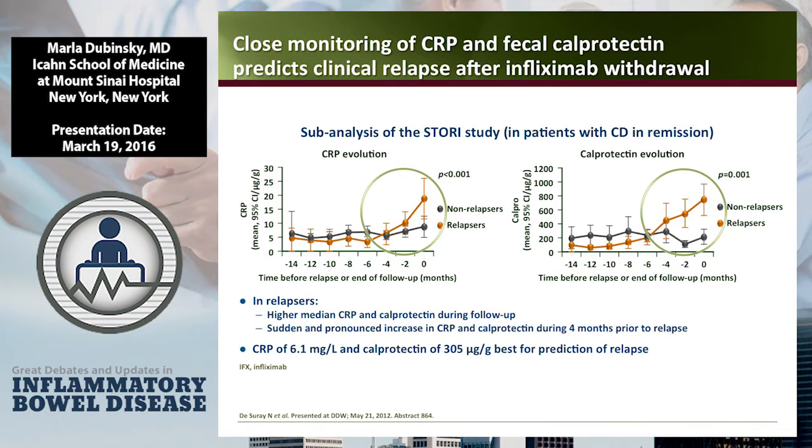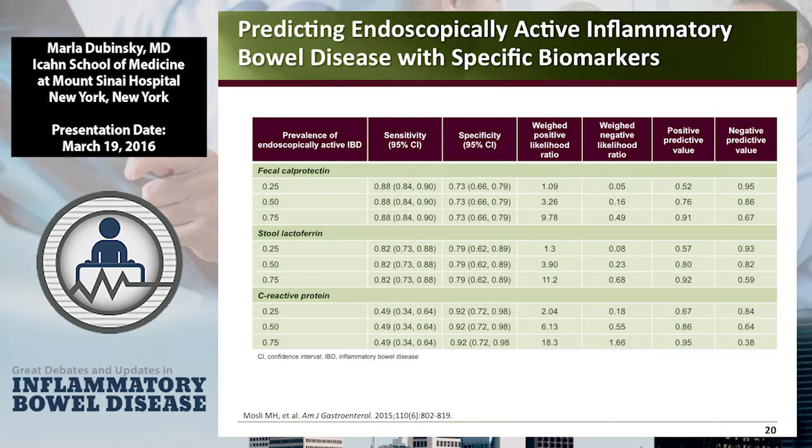They were blinded to it, and patients flared off of infliximab, and we looked and said, which of the patients that we could have predicted were actually going to flare? It was these patients who had high CRP and high calpro. It was just showing you that of all the markers, the ones with the highest positive predictive value of predicting what's going on in the endoscope, you can see that CRP, lactoferrin and calprotectin have a high correlation or positive predictive value of telling you that you have endoscopic inflammation.